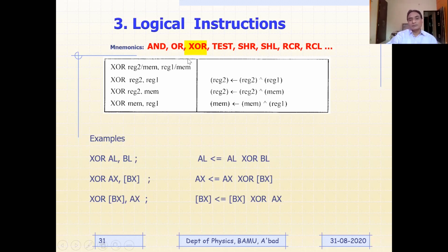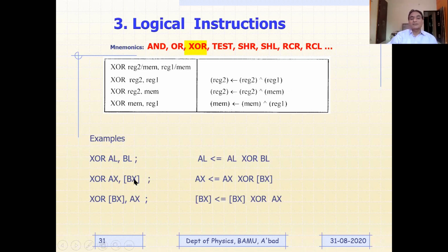फिर से क्या ऑप्शंस हैं, ये सेम ऑप्शंस रहेंगे. Source can be either register or memory location, destination can be either register or memory location. Accordingly there could be three different types, both register like XOR AL comma BL, it means AL का content BL का content AL के साथ में XOR होगा, and result will be updated in AL. And second option could be AX with, I mean one of the register with memory location. It means the content of memory location whose address is in BX is going to be XORed with AX, and the result is going to be updated in AX.